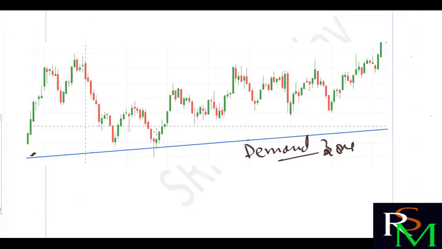At that demand zone, if you find this hammer, it must be red color. Okay, body red color, more wick. If the next candle, or in the next 2 to 3 candles, any of them breaks the high of this particular candle, actually this should be green. It should not be red. Red is okay, but if it is green, we can expect 25%, means there is a 25% probability. If it is red, 20% probability.